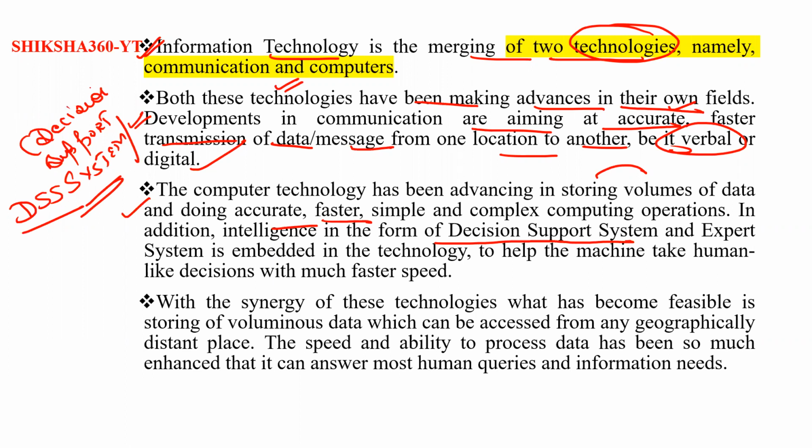In addition, intelligence in the form of decision support system and expert system is embedded in the technology to help the machine take human-like decisions with a much faster speed. So with the synergy of these technologies, or we can say the combination,